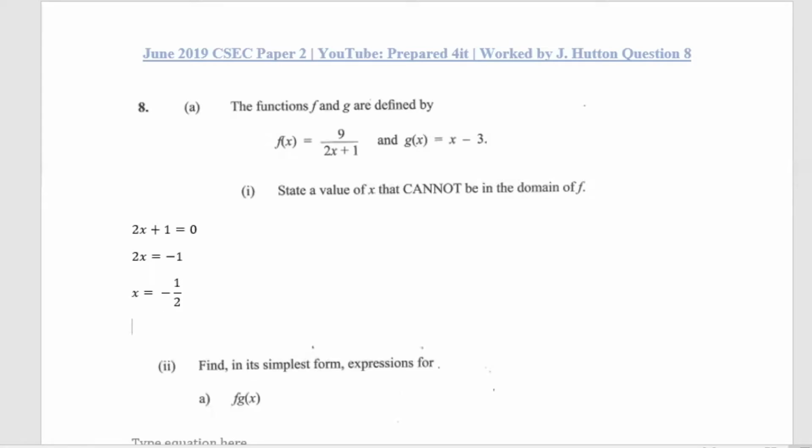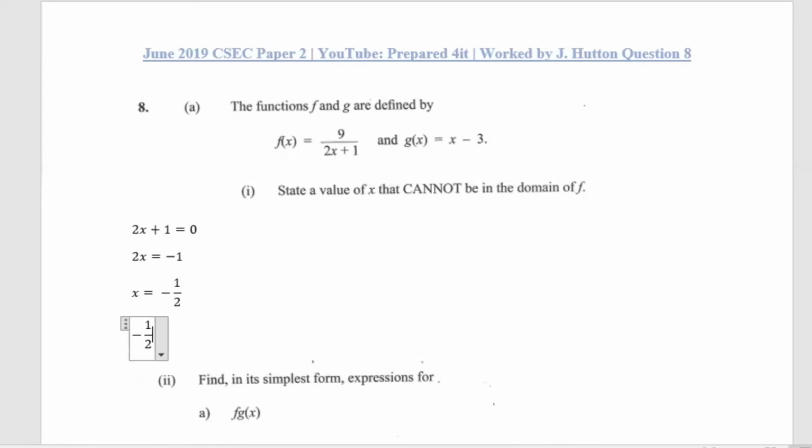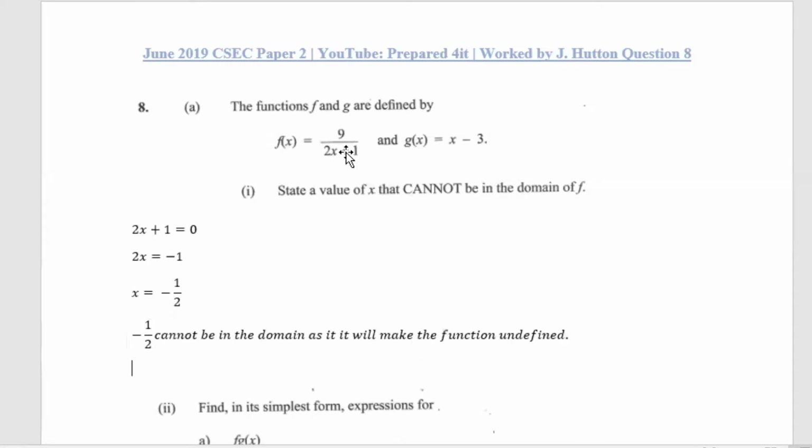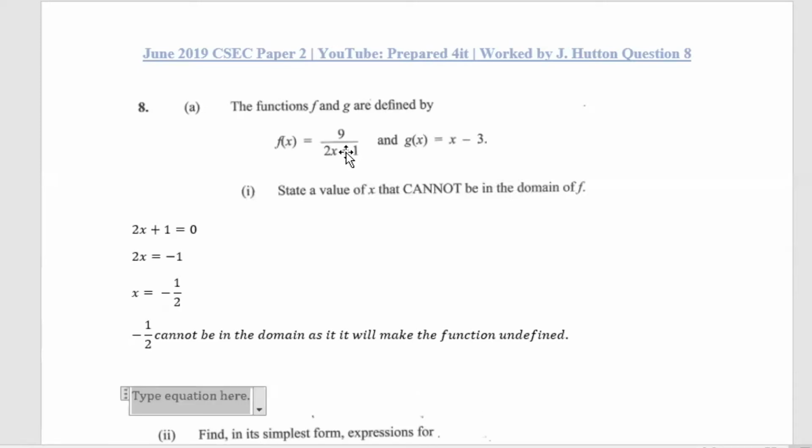So therefore this -1/2 cannot be in the domain, as it will make the function undefined. And if you're wondering, should you put in your calculator 9 divided by 0, you'll see that it says math error. So if we should look at it, you'll see f of x equals 9 divided by 2, and we're replacing the x with -1/2